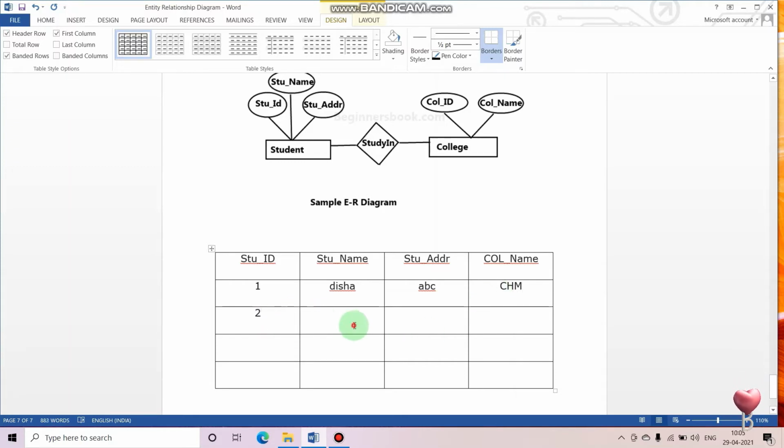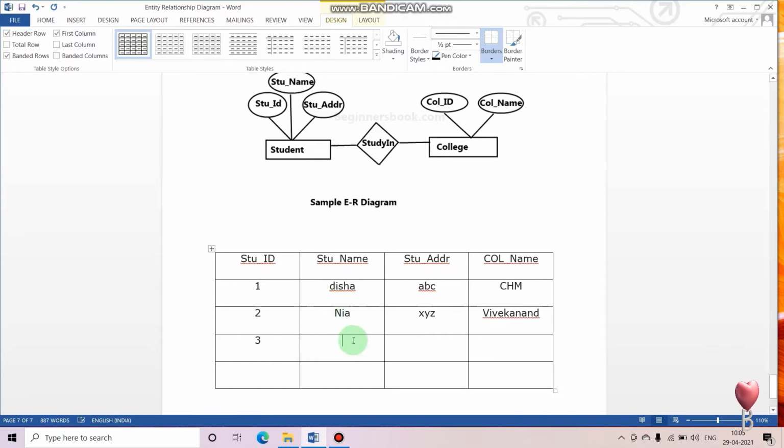Then second, Nia, XYZ. Then name of the college, Vivekanand.